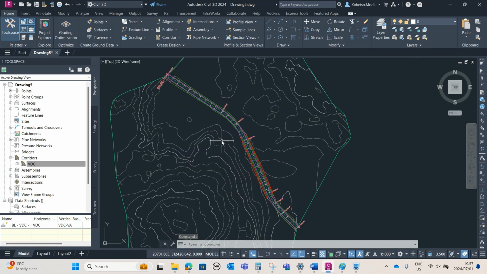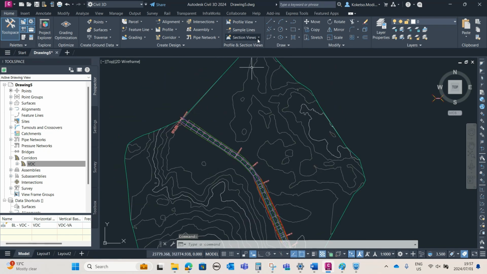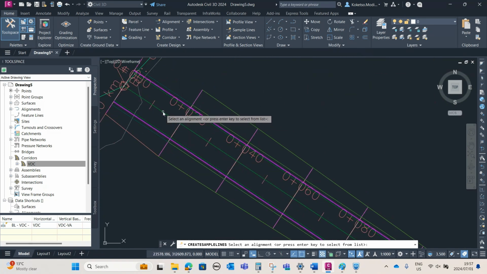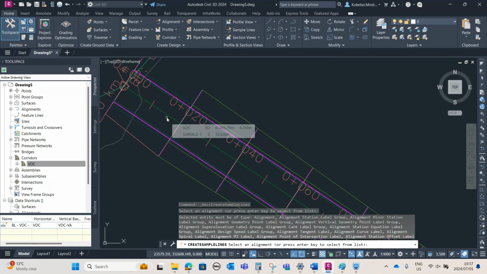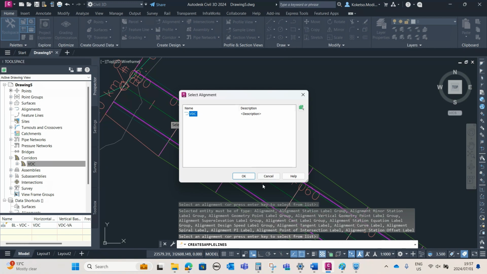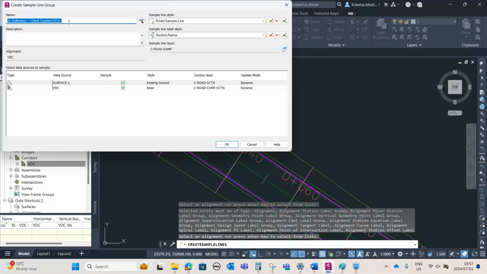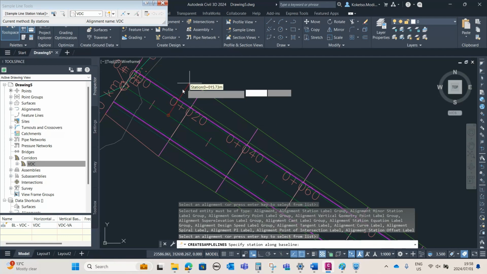So the next thing is we're gonna go to section views, actually sample lines, and on our sample lines we're gonna press enter, and then we're gonna select our alignment and say okay, and then I'm gonna rename this to VDC again. And as you can see, to create your sample line group, we have the sample line styles and also you have your descriptions and sample line layer. So you're gonna say okay, and then it's gonna open up